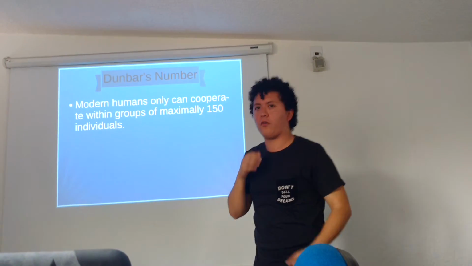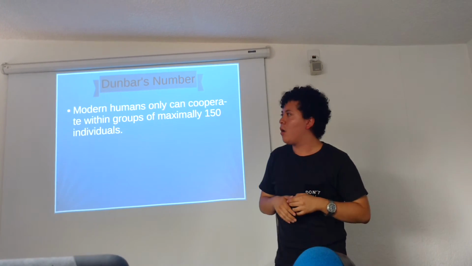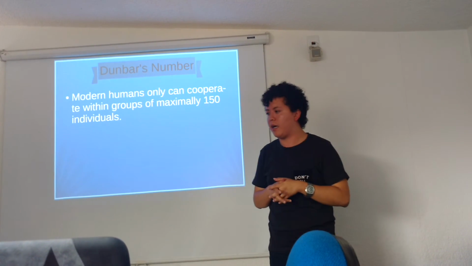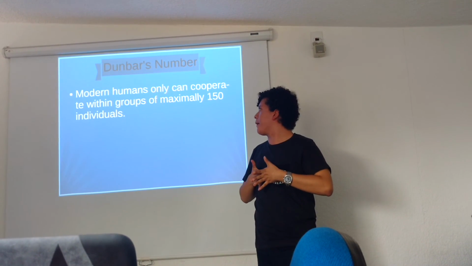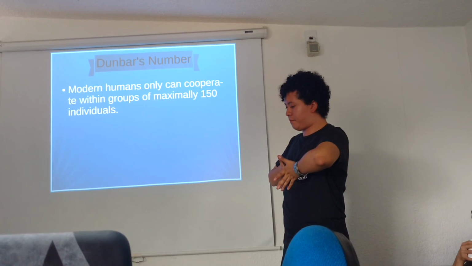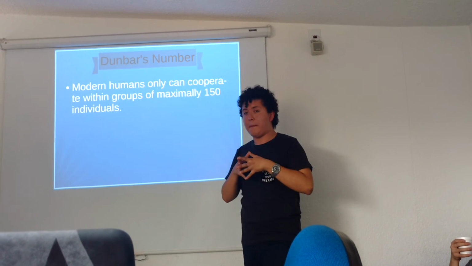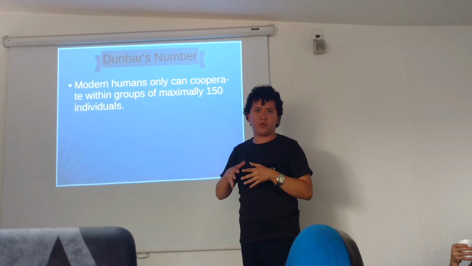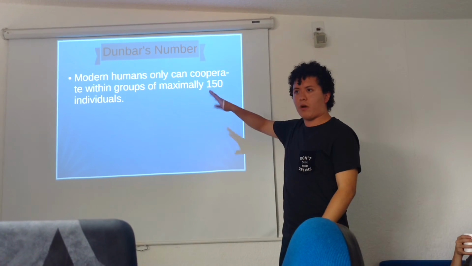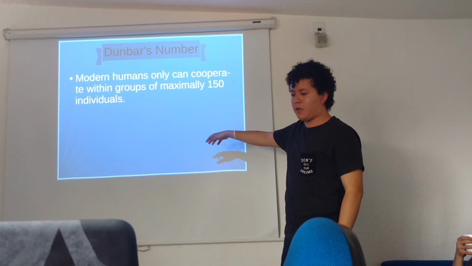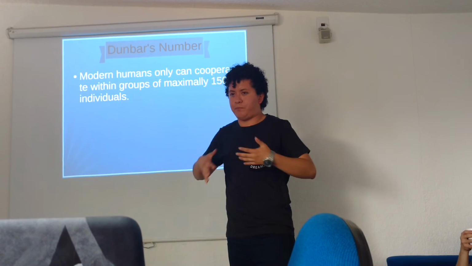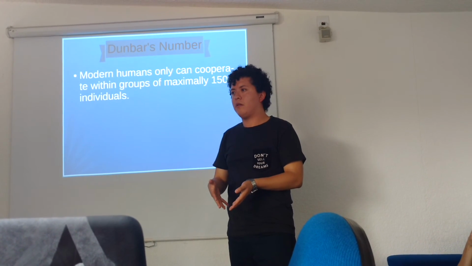Well, for some background of the experiment, we need to know what the Dunbar's number is. The Dunbar's number is a number proposed by Robin Dunbar, and this number means the maximum capacity for humans for making social connections with other humans. This number is around 150. That is the maximum number of personal connections with other people.